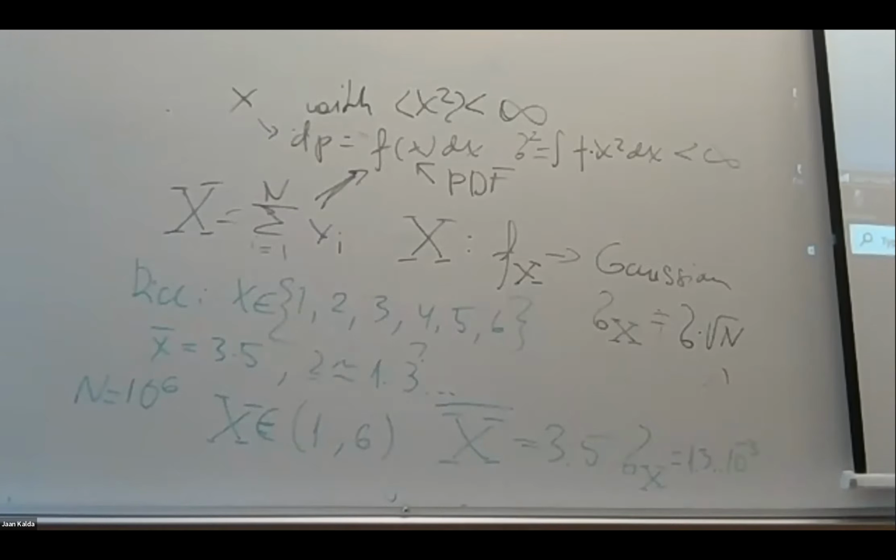But the trick is that if you take the Fourier transform, then convolution goes into product. And as a result, if you have the sum of n elements,